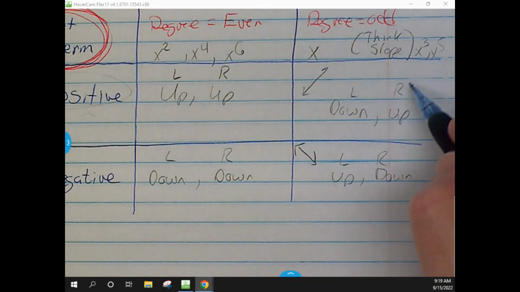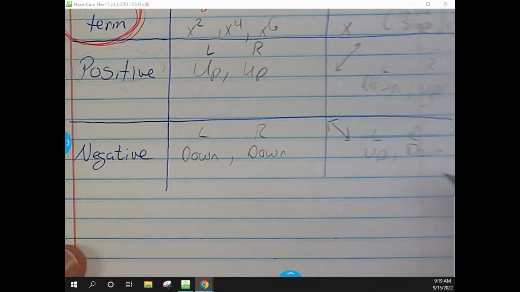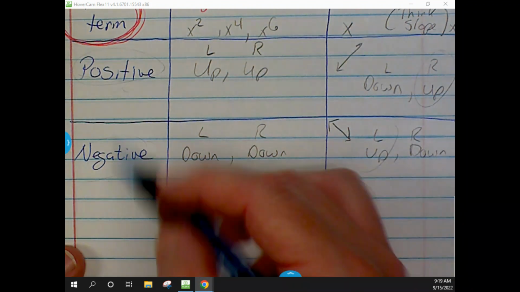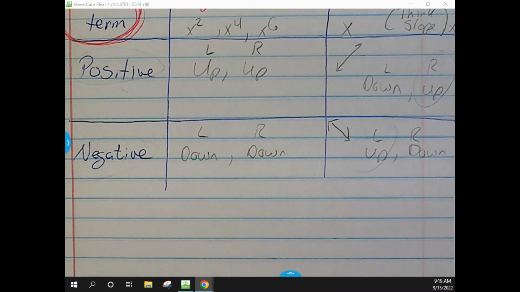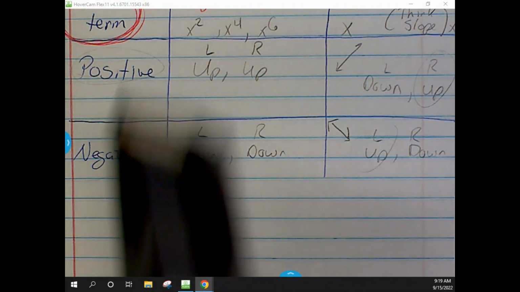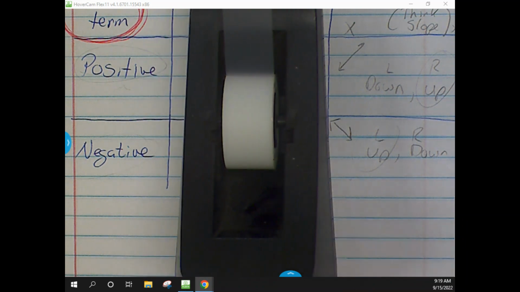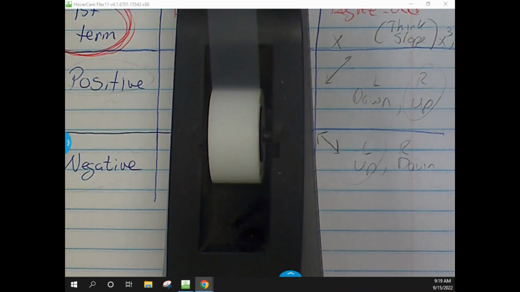If it's positive, the right side is up. If it's negative, then that means the left side has got to be up. So the sign of it tells you which one's going to be up. So if we can block out what's in the middle there. Oh, here, this will work. There, that worked perfectly. Okay, if the first term is an odd power, if it's x to the first